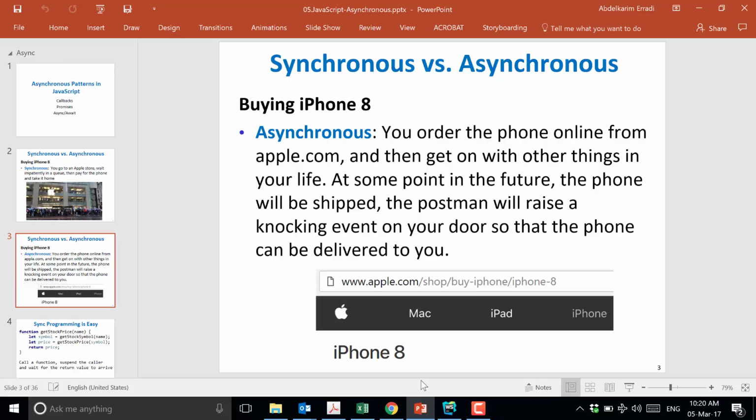So you try not to annoy them by avoiding what? Blocking. And how do we avoid blocking? Using asynchronous programming. This is on the client side. On the client side, we do asynchronous programming to achieve what?